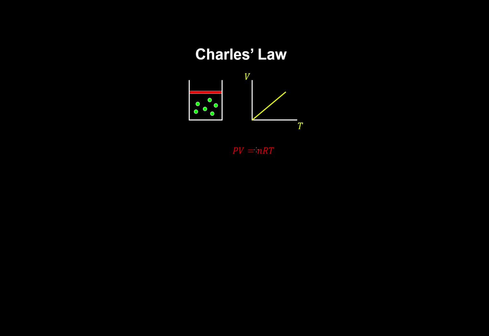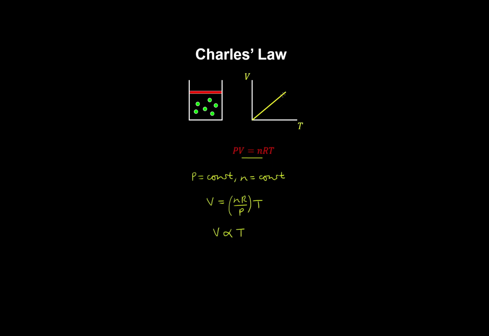Charles' law is another special case of the ideal gas law, where the pressure is held constant and the number of moles of the gas is also constant. So therefore we can write the ideal gas law in this form, and therefore this expression is constant and the volume is proportional to the temperature, which is graphically represented by this